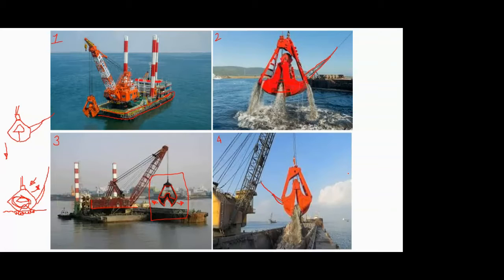Now you tell me: for which type of bed quality, that is, what should be the quality of the material of the bed of the water body, so that we can dredge it using this clamshell dredging? Obviously, if you logically think, you can't dredge hard rock using this grab or clamshell dredging, because there is no means by which hard rock will be drilled by this bucket. This bucket is just scraping off the surface of the bed of your water body.